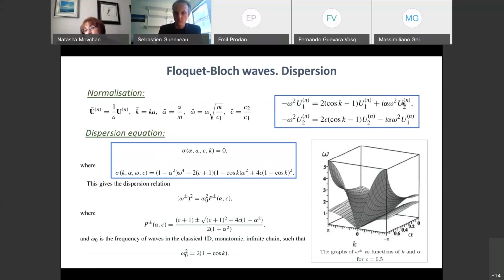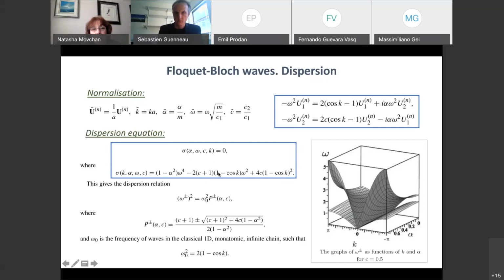This system of equations may be linked to, for example, an electromagnetic wave in a periodically magnetized medium. Here we link it to a mechanical wave in an elastic pretensioned infinite string with periodically distributed masses attached to gyroscopic spins, and solve a dispersion relation in a similar fashion as one would do when studying Bloch-Floquet waves. And here, this quantity sigma, which we have in the dispersion relation, has a particular form.